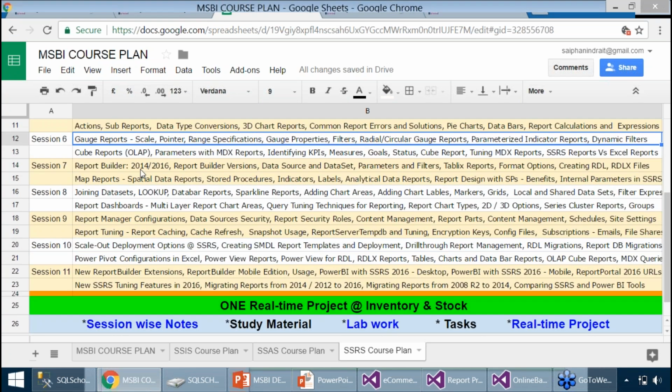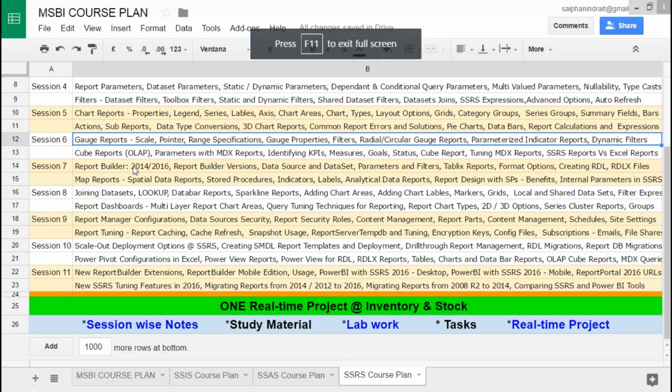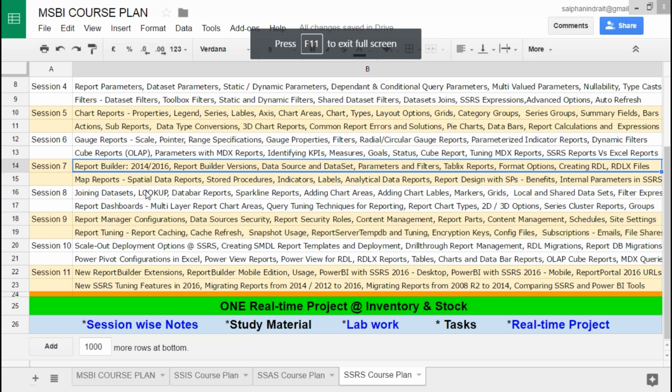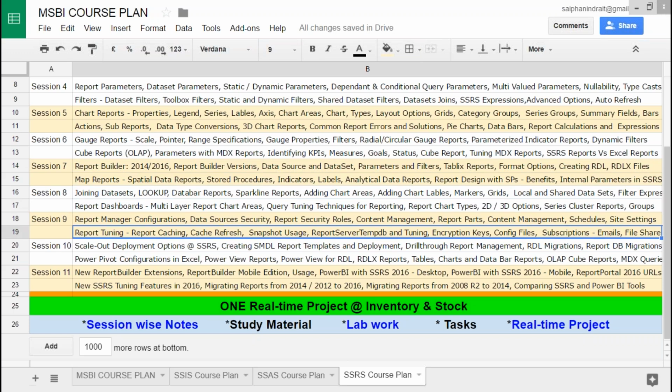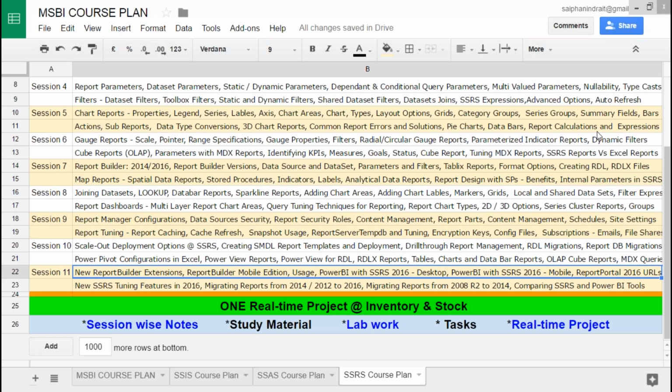We'll be understanding about Report Builder, and with this information of Report Builder we'll be understanding joining datasets, lookups, multi-layer chart reports and dashboards. We'll be understanding dashboards for about 2 days, one with Report Builder, one with Report Designer, 2 different tools involved, and then manager operations, report management and security, tuning operations, scale out deployments and new features including migrations in reporting services. As usual, we'll be taking a real-time project with e-commerce and inventory,